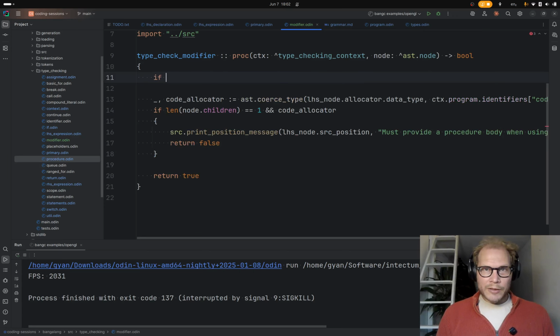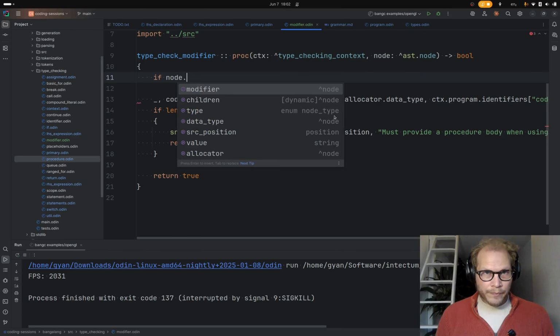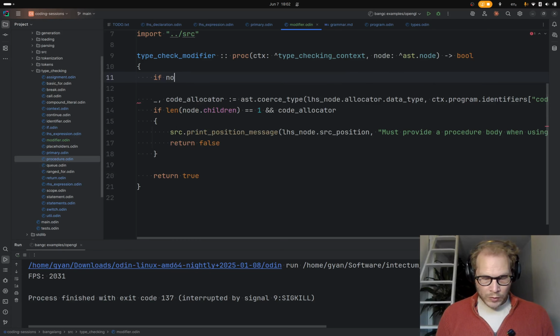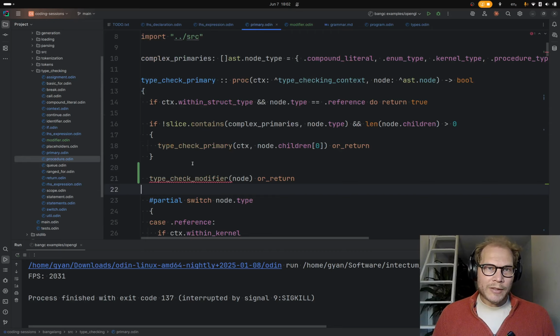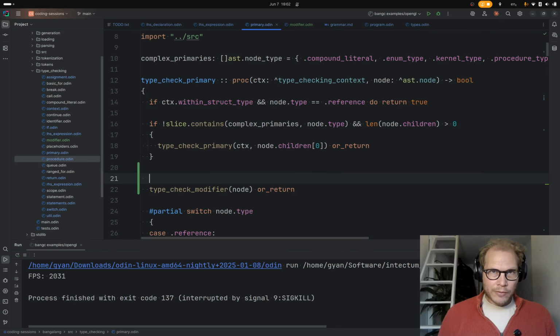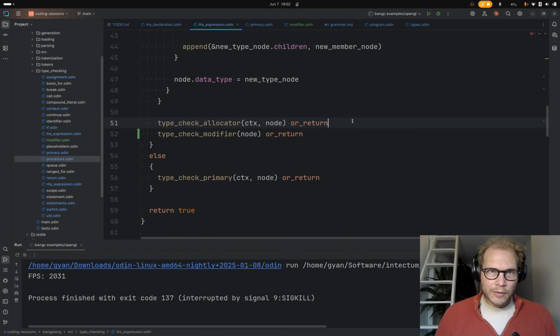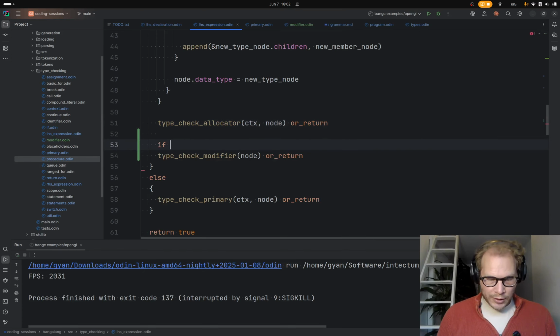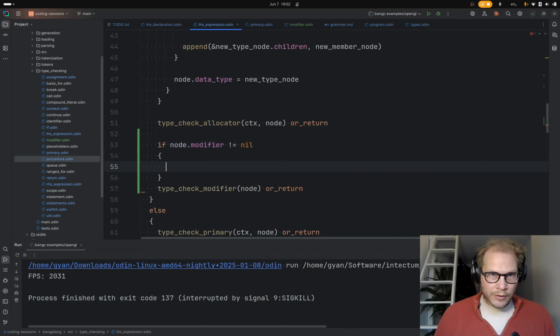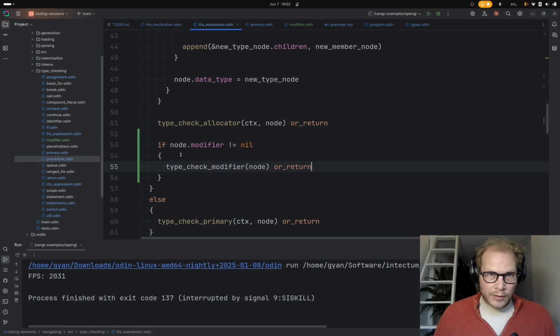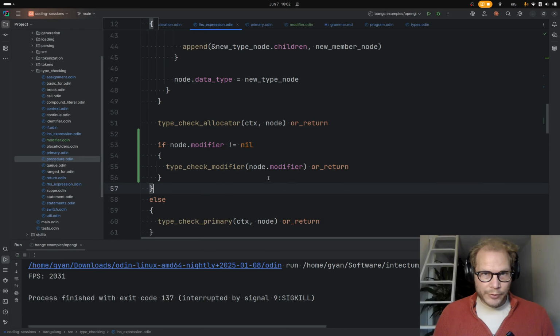Okay, so I think here, and also here, we should say if node.modifier is not nil, then type check that modifier. That feels better.